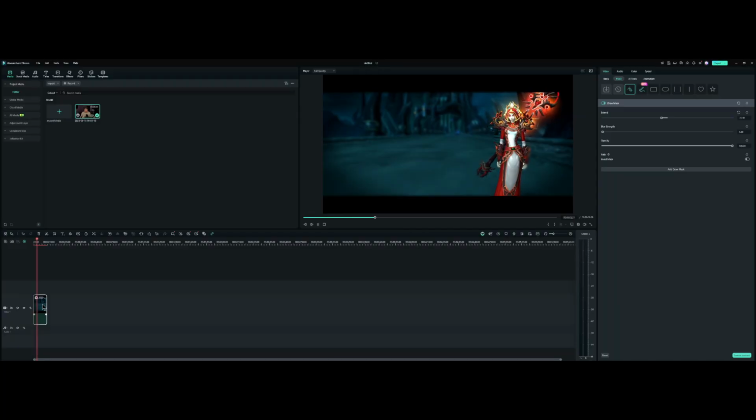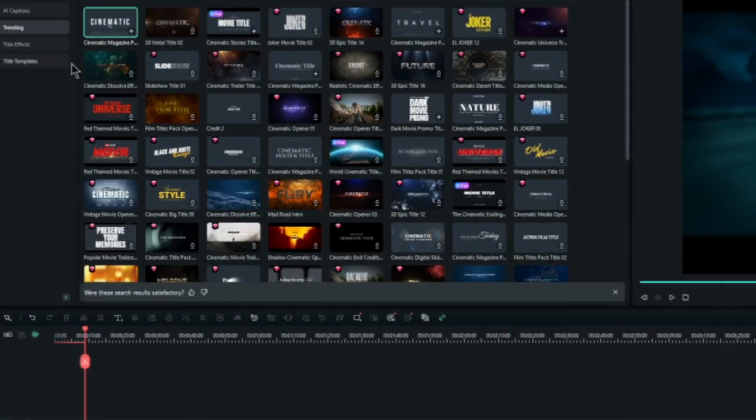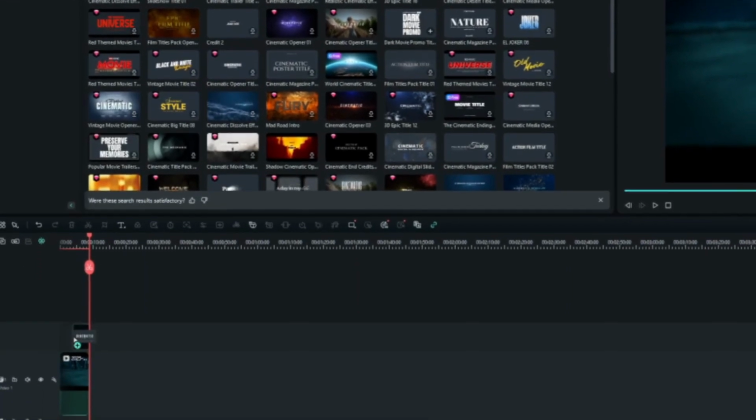So now that we've got our mask done and we've got her standing out, we need to create a title or a starting soon screen for her, or a starting soon text. So let's go to titles. Let's see what they got in the way of cinematic. Type in cinematic. In the event that your editing software does not have built-in titles and transitions, you can actually create this inside of OBS as well. I actually like the way that one looks pretty good, so go ahead and drop that